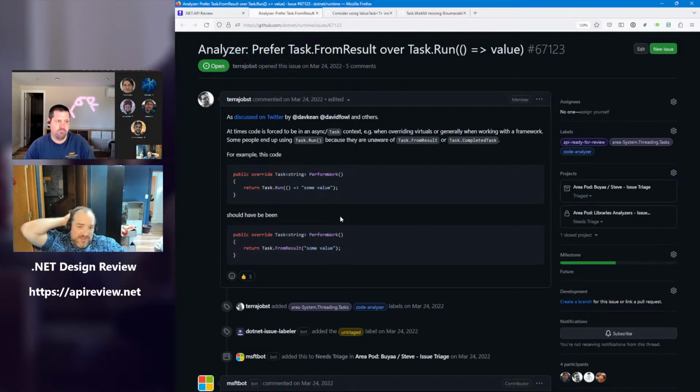I think that my vote is that this becomes our newest analyzer pattern where what it wants to detect is correct, but it's not worth the cost of detecting it.